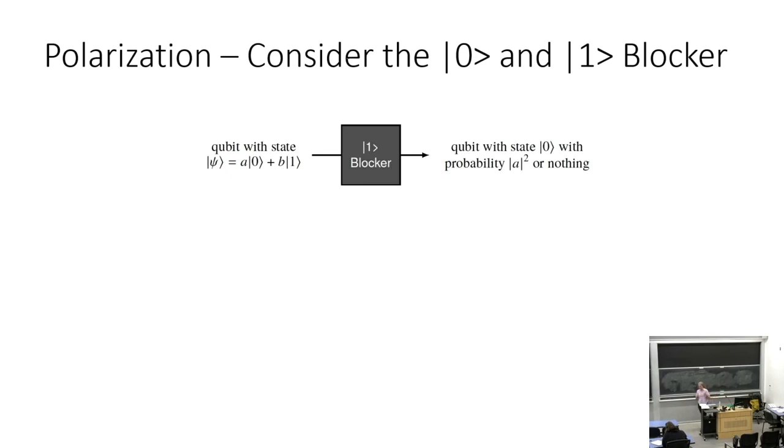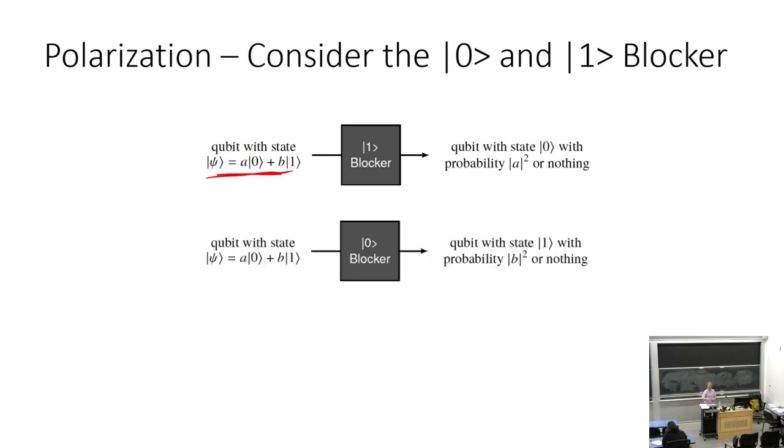With a complementary probability B squared, the qubit will be completely blocked, and nothing will come through. So goodbye, qubit. I can also, in a similar way, define my 0 blocker, and the same qubit going in and coming out the other side with probability B squared, I get 1, or I get nothing. And so the final,